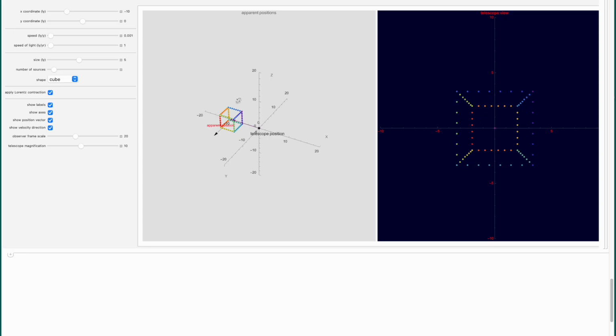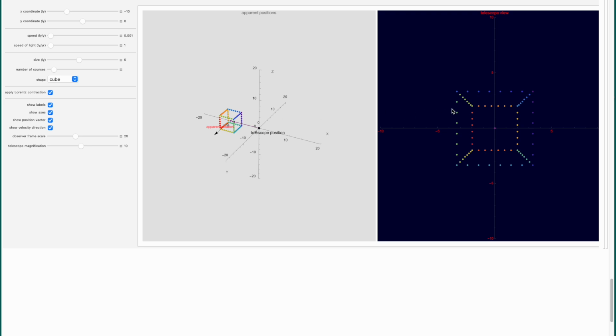All right, now over here we have a window that shows us the apparent positions of all these points of light. And it's displayed in 3 dimensions, as you can see here. So this is not something that a human being can see directly. You can think of it as the God's eye view.